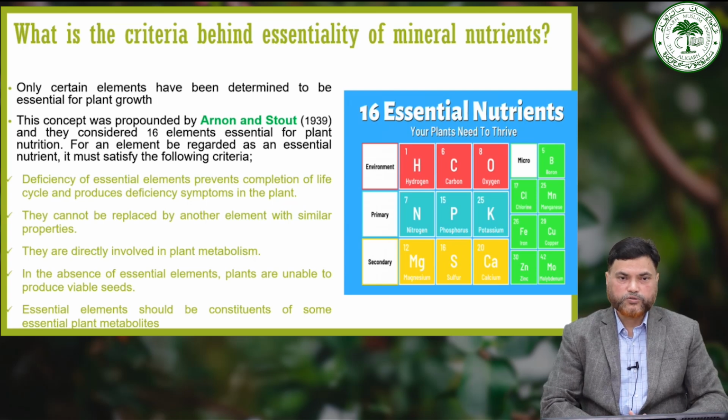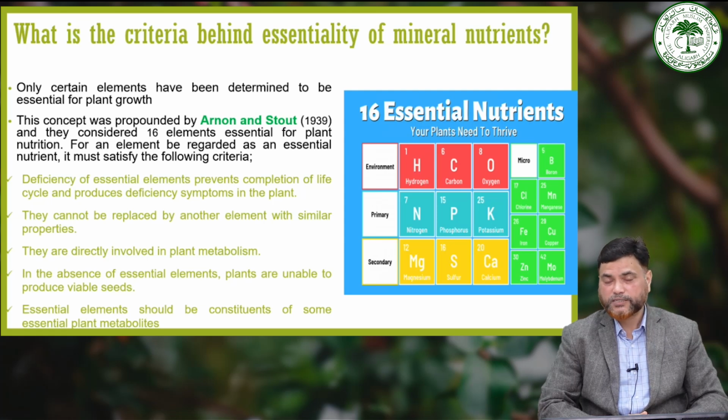Now, you see that what are the basic criteria that must be adhered for an element to be classified as essential mineral elements. So, only few elements have been determined to be essential for the plant growth. The basic concept of essentiality of mineral nutrient was proposed by Arnon and Stout in the year 1939. So, basically they identified 16 elements as essential for plant nutrition,